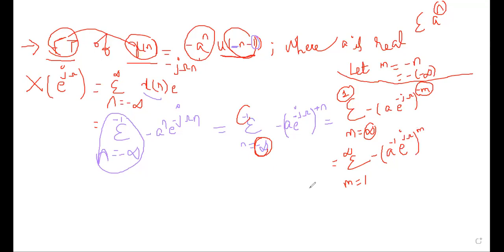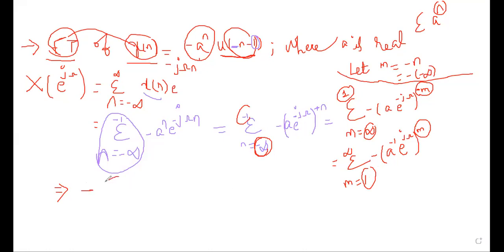Yes, ma'am. Yes. So you remember that this power should be positive. So to make the power positive, this minus 1 into m, you just assume that it is minus 1 into m. This minus I am moving it inside. So it is a power minus 1 and then e power minus j omega into minus 1. So it becomes plus e power j omega. And now, just now we have seen in the earlier problem, if the lower limit is 1, we have seen the formula. Can anybody tell me the answer for this problem?